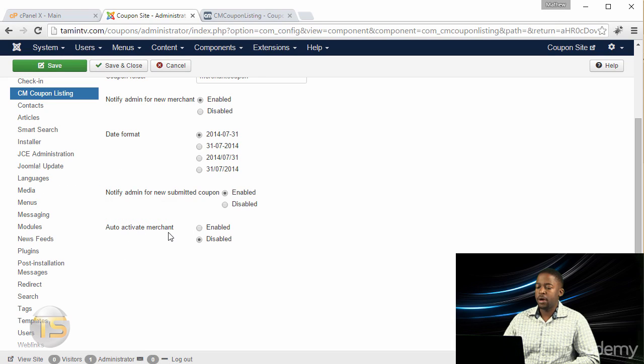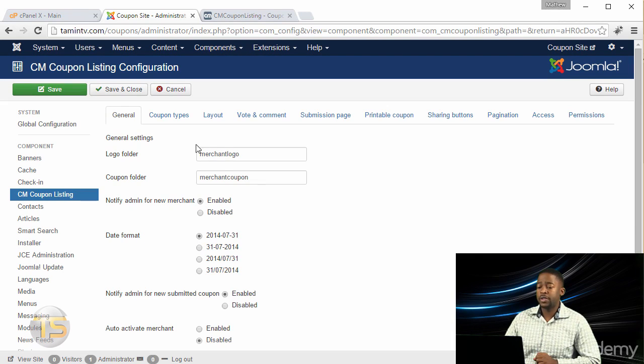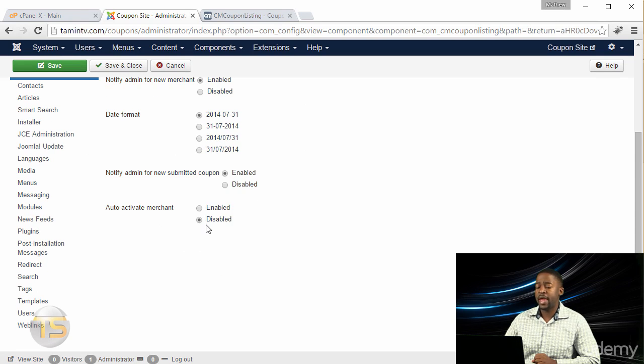So you have your auto activate merchant. Now, do you want this enabled? What that means is that every time a merchant creates an account, they're automatically going to be active. So you don't have to activate anyone. Now, that's okay, but I wouldn't really recommend that you enable this just yet. Because there are times when you have a lot of spammers and all those wackos that are just out there to post a bunch of nonsense. So if you leave this enabled, anyone can just create an account and it's going to automatically be activated. And if you go on your site, sometimes people post some crazy things there. So I would recommend that you leave that at disabled